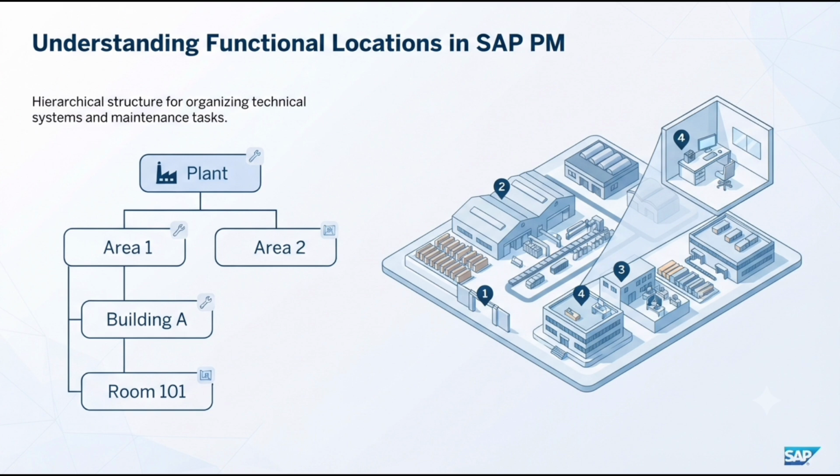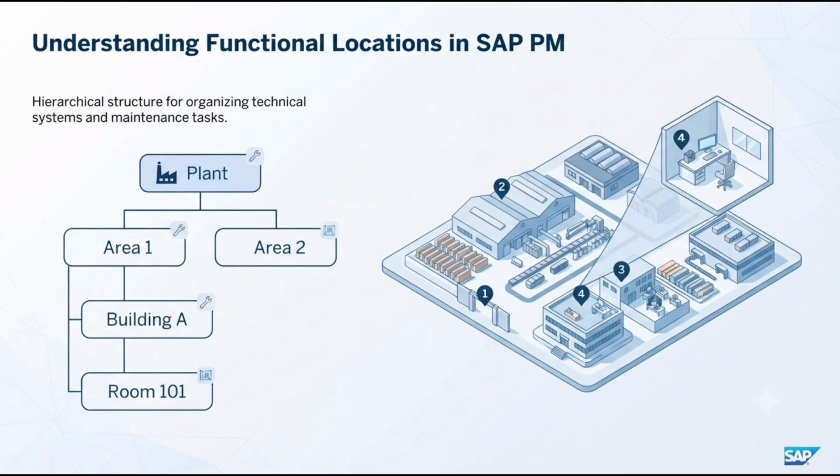Functional locations are hierarchical structures that represent the places where technical objects are installed in a plant. Think of them as the permanent locations, such as production lines, buildings, or specific rooms. They allow you to organize assets according to spatial or functional criteria. For example, you can create a structure that starts with the plant, then goes to production area, then to a